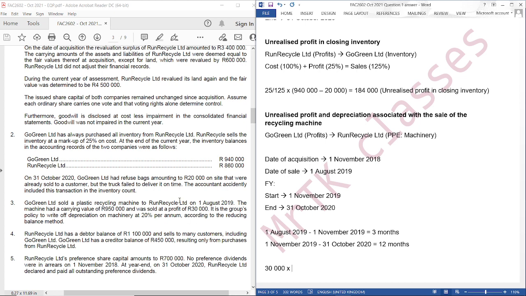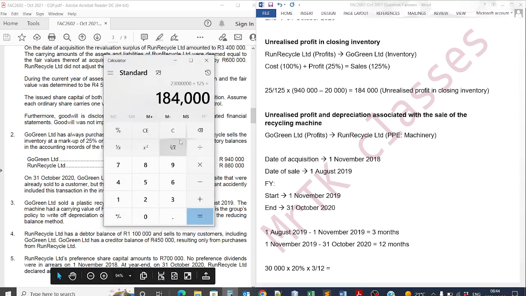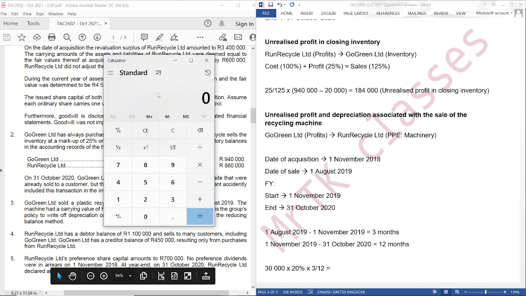We can see that it is the group's policy to write off depreciation on the machinery at 20% per annum, according to the reducing balance method. So multiply by 20%, multiply by 3/12 because we are calculating for 3 months. 30,000 multiplied by 20% multiplied by 3/12,